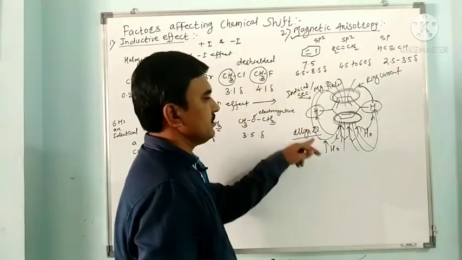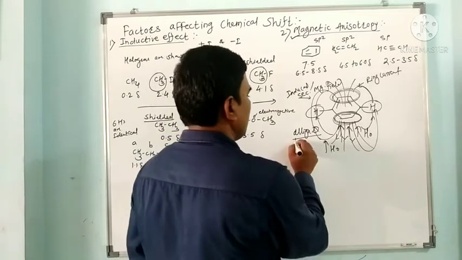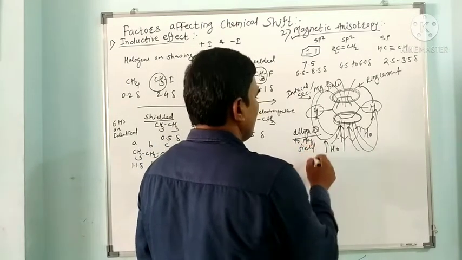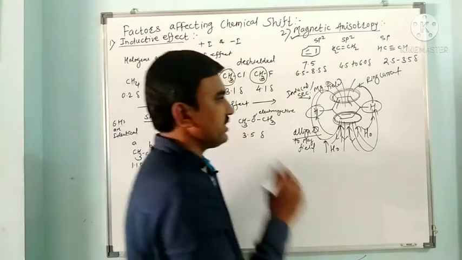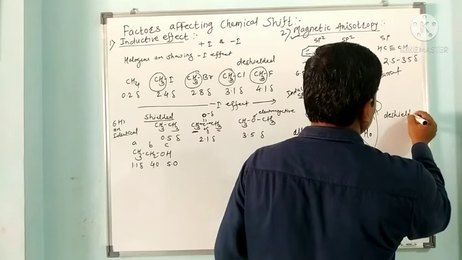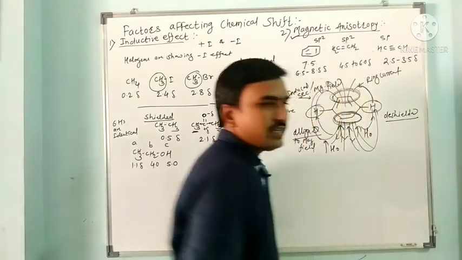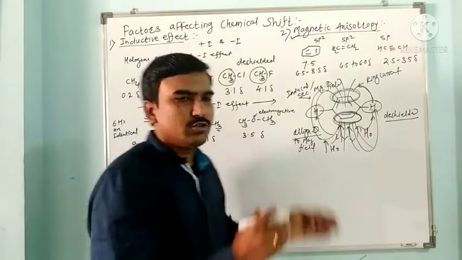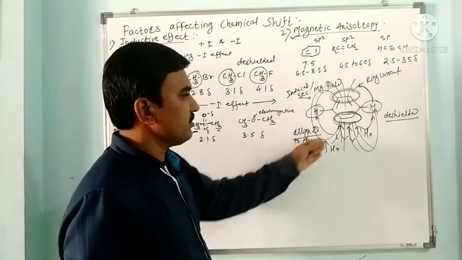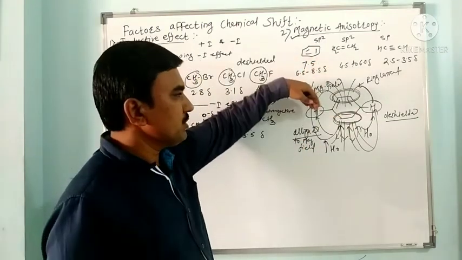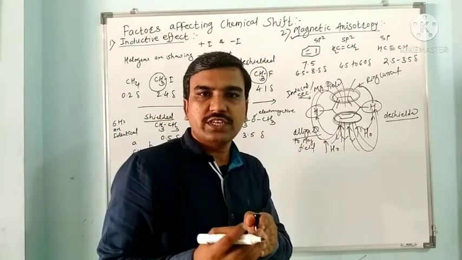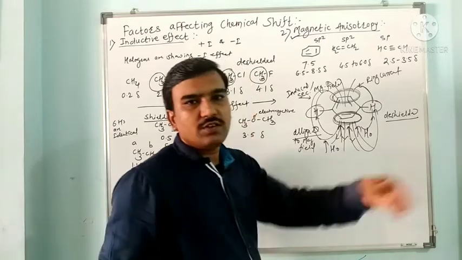So this is aligned to the H0, aligned to the magnetic field. Hence the proton gets de-shielded. So this is called de-shielded. Such de-shielded aromatic protons, because of the large ring current, a large induced magnetic field is generated which is aligned to this. So the protons will require less energy for resonance. When it requires less energy for resonance, it gives a signal away from the TMS.